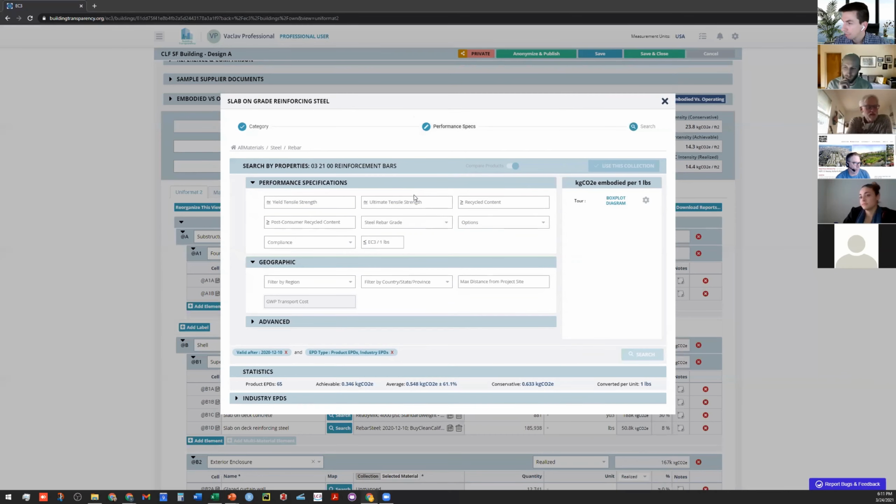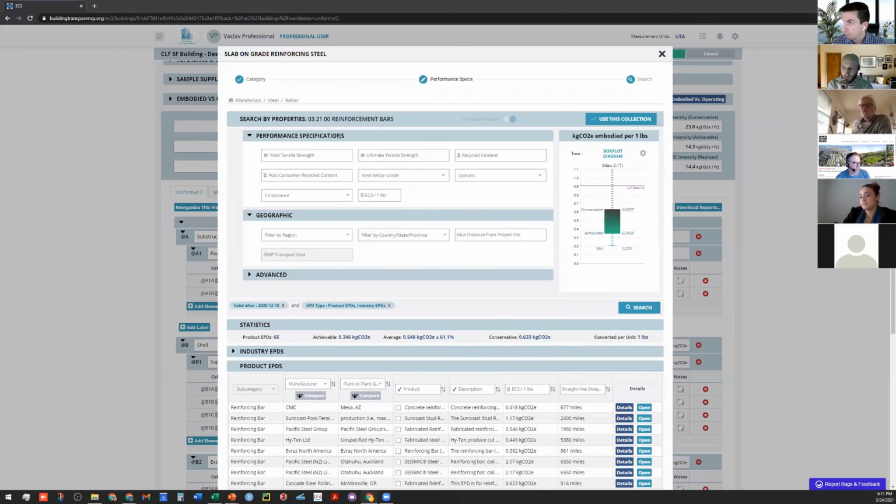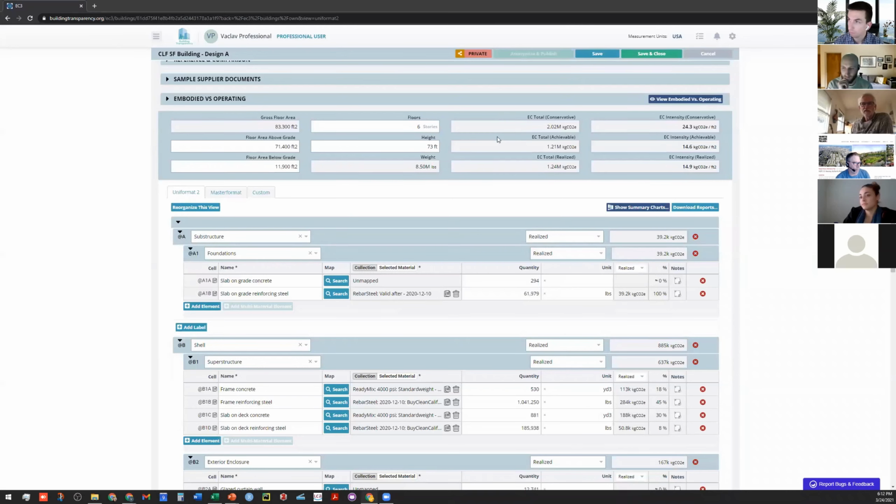Right. Now, just to show you a similar search for reinforcing steel, and this is just a general search. We only have 65 EPDs, so you can see the stark difference between concrete and steel manufacturers. And the other thing about the EC3 tool that can be a drawback for small green designers is it just doesn't have a lot of the materials that they're working with. In other words, the alternative materials or the carbon storing materials that people are starting to work with, it's not in the tool yet.